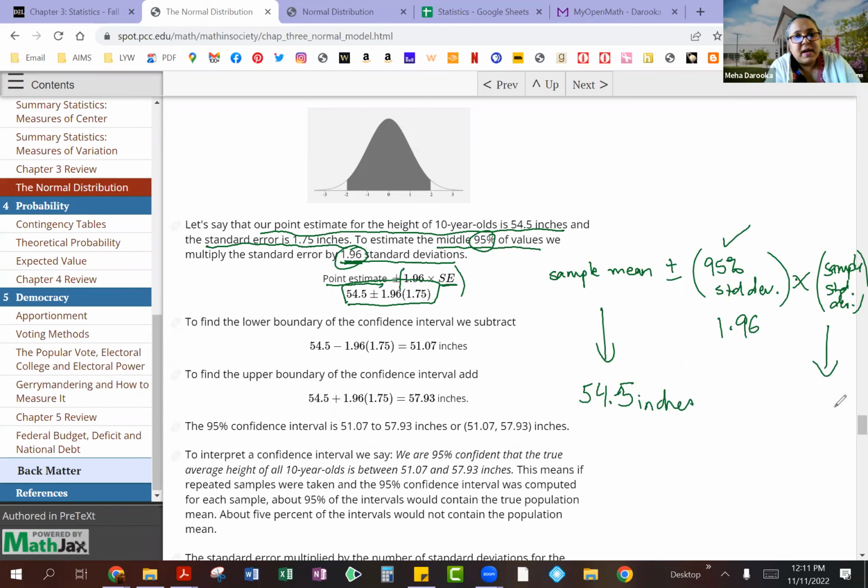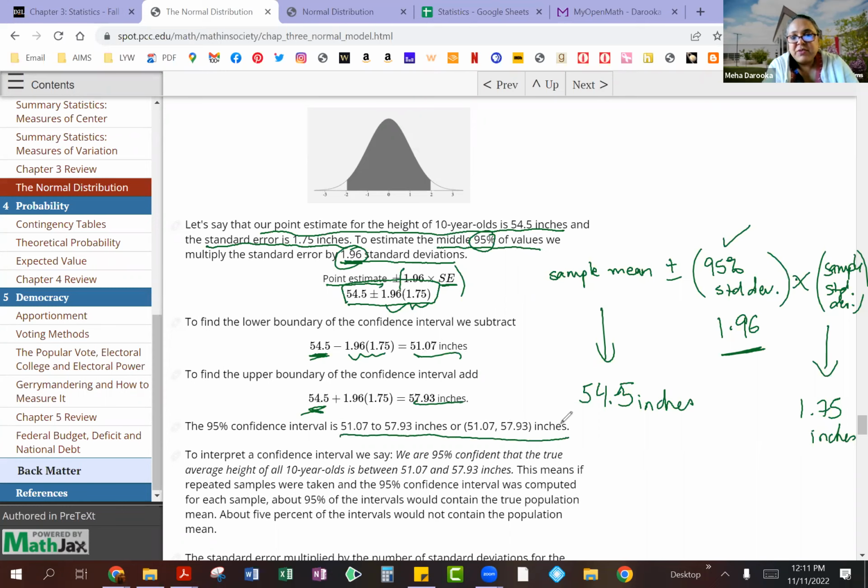Our standard error for this guy was 1.75 inches. And then this number, of course, stays the same. So that's the calculation you are doing. So go ahead and multiply these two numbers first, because multiplication comes before addition or subtraction. So you'll multiply first, and then whatever that answer comes out to be is actually your margin of error. So this 95% standard deviation multiplied by the sample's standard deviation, that's your margin of error. And then you're adding or subtracting that from the sample mean, and that's how you come up with your confidence